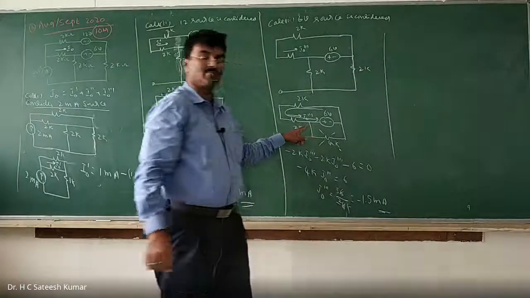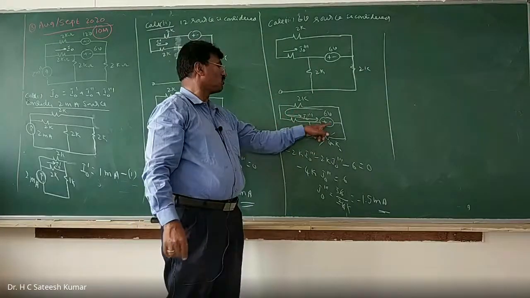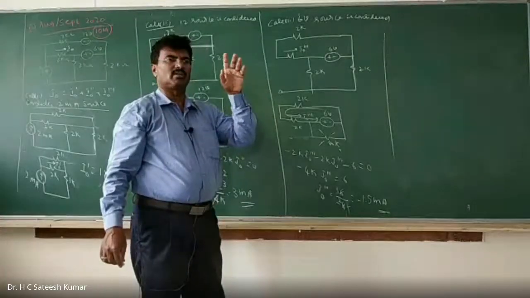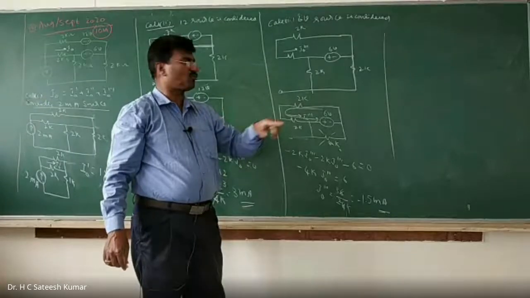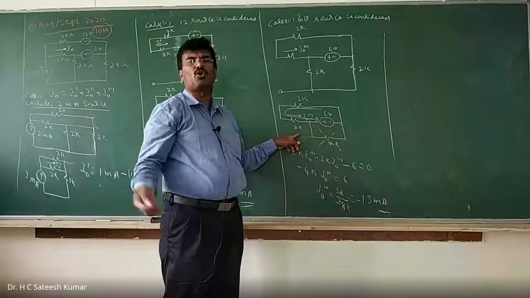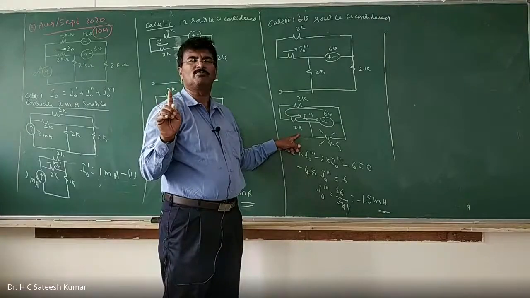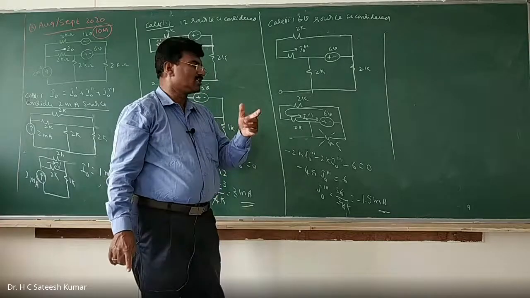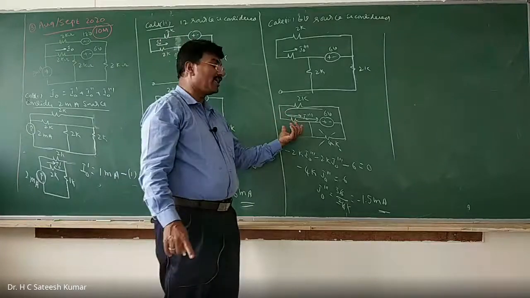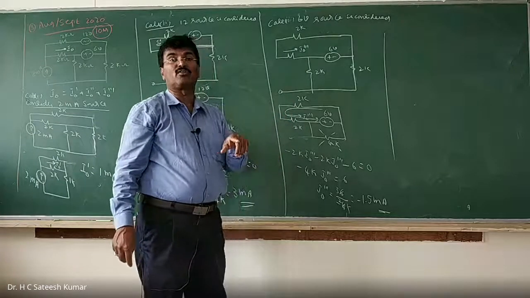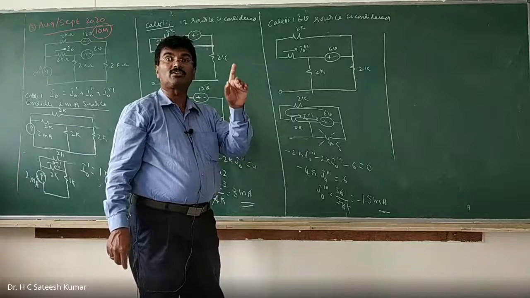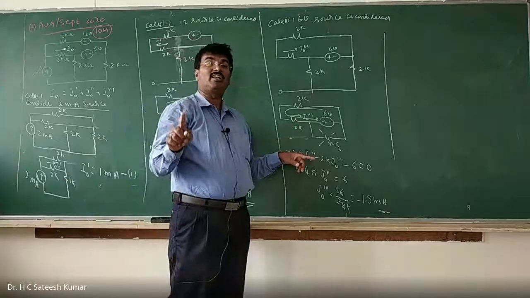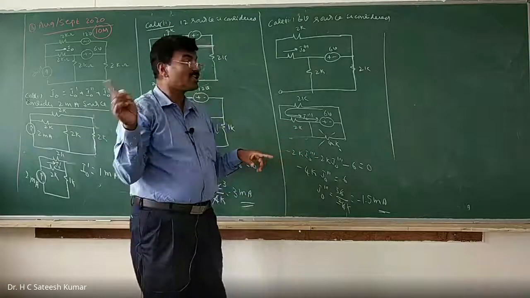That is the reason why I am saying that you should apply KVL. Don't say, sir, voltage is 6 volts, so divide by the 4k resistor, because you will not get the direction. You should get the direction. Your KVL will take care of the direction, but if you apply 6 volts divided by 4k, that is Ohm's law, and Ohm's law will not take care of the direction. Ohm's law says that at constant temperature, voltage across any resistor is proportional to the current flowing through it, but there the direction is not considered. In Kirchhoff's KVL, they have considered the direction, because algebraic sum means including direction. That means KVL and KCL will take care of the direction, but Ohm's law will not. You should remember that.